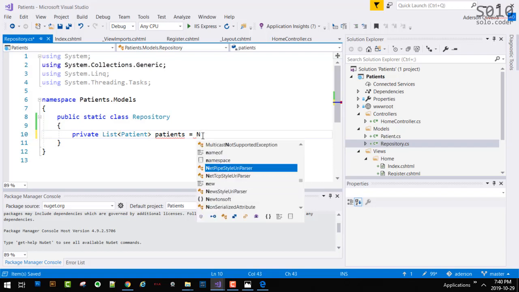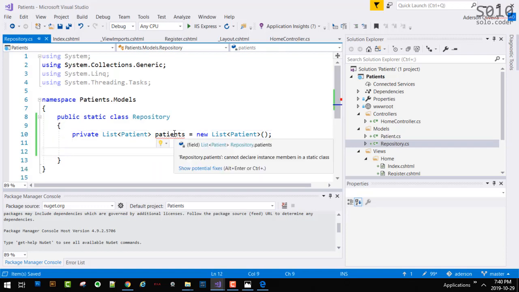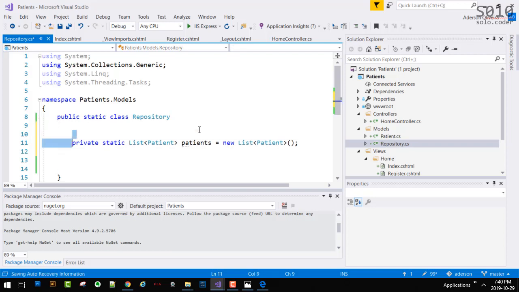And we're going to be creating a new... Okay, what am I missing here? Oh, because this is a static class, I need to define the members of this class as static as well. So I'm going to say static. Okay. Now I'm going to expose the list of patients by using a property. Our property will be